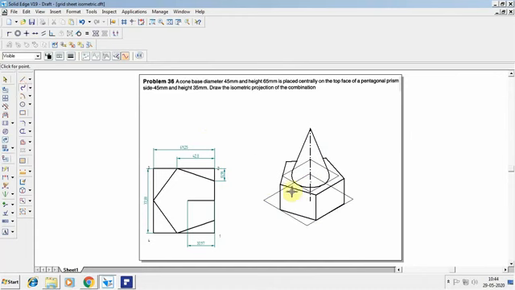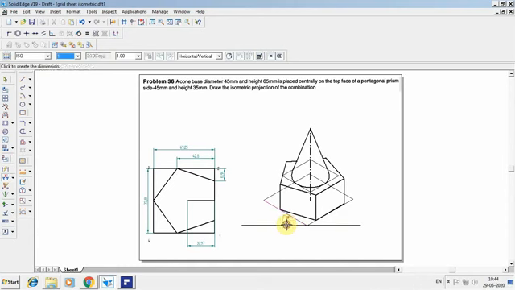And to finish off this, you can take the line at the corner of the square which you have taken as a construction and show the angle as 30 degrees. So this is how you're going to solve the problem.